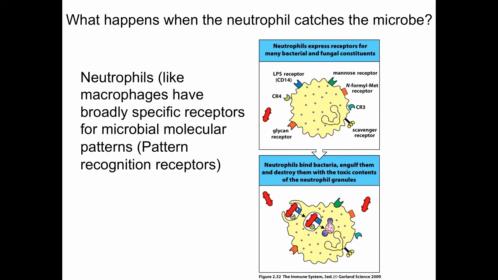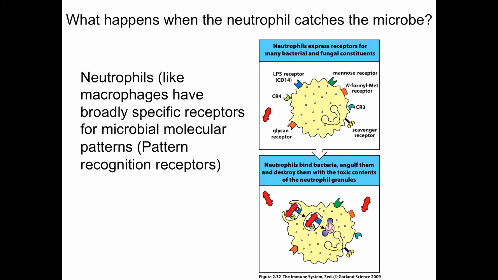So that's an example of how neutrophils can move, and they're regulated to move that way by chemoattractant molecules and chemokines made by innate immune cells, but also can be made by microbes themselves. And so the next question, or the next step in this process, is, well, what happens when the neutrophil catches